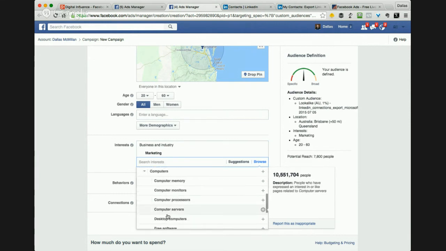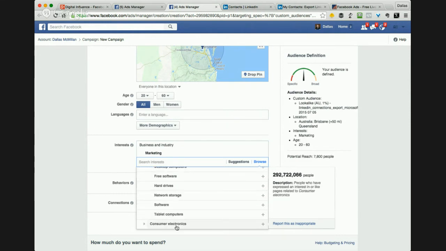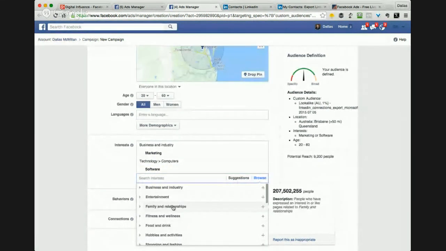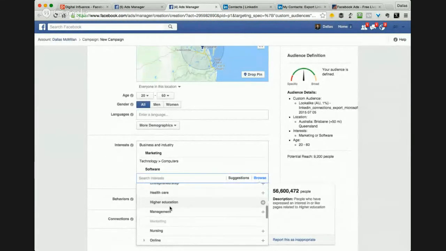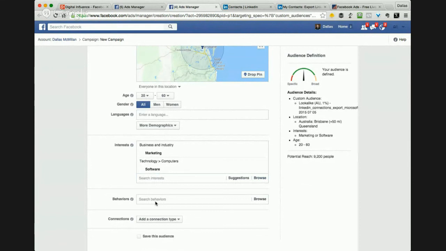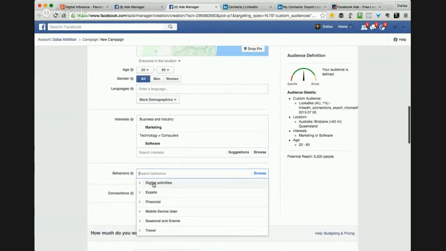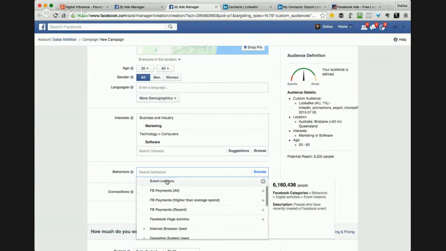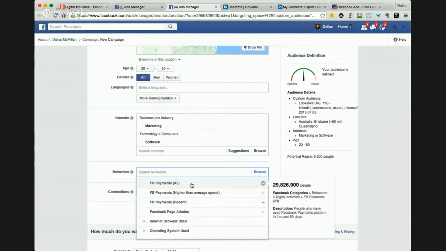Technology is another area. Pop that open. So really we're looking for things like, in my business, things like social media. I won't spend too long on this because we're already past 8 o'clock, but you can see you can dig right into those. The other area you can do a lot of targeting is on activities. So this is where people are doing things like playing games. Anyone who's making a Facebook payment is going to be attractive. That shows that they're engaging with online shopping. Maybe they're using games or buying things through Facebook stores or spending money on Facebook advertising.